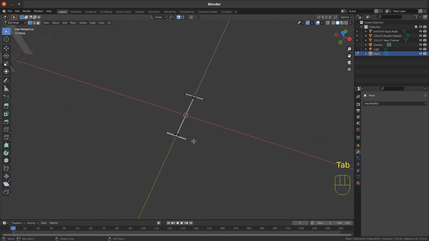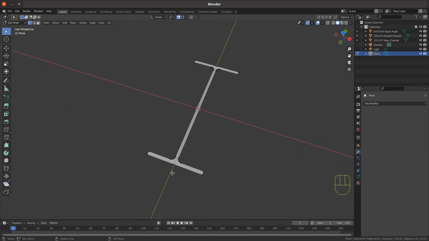So we've got the profile of the RSJ, but we've got an unnecessary edge running through the middle of it. So select the 2 vertices of the edge and then press X and delete. This time we'll dissolve the edge, and that takes away the edge and the 2 vertices that are no longer needed, leaving just the face